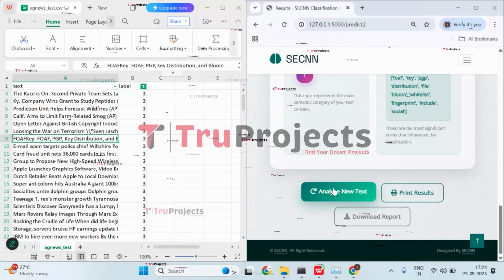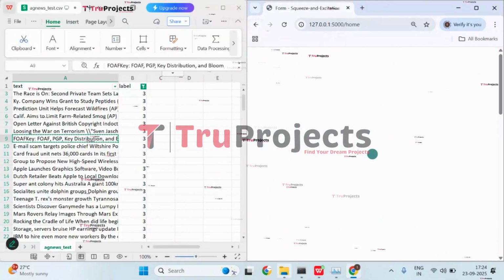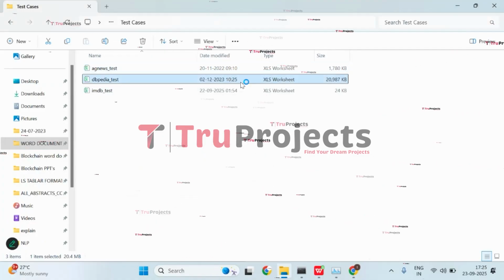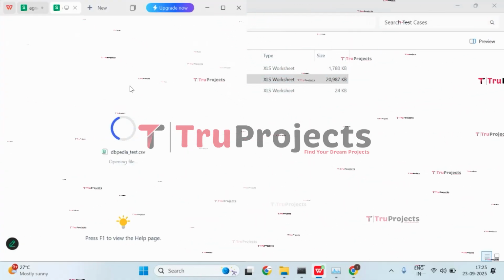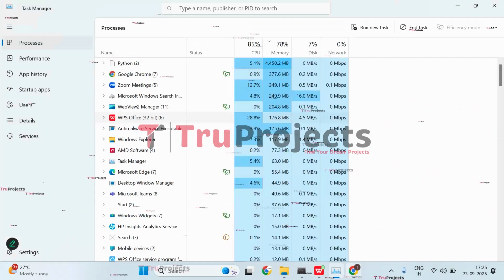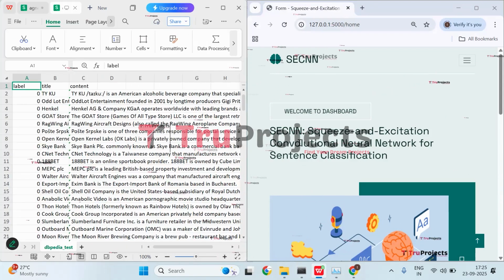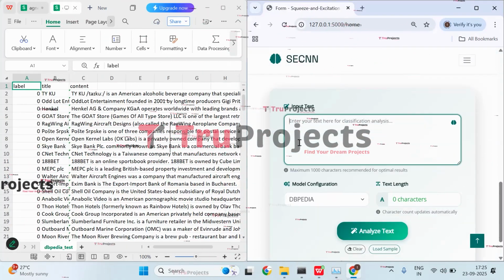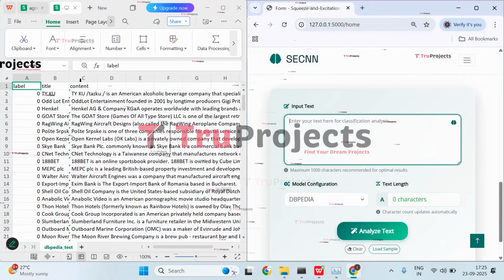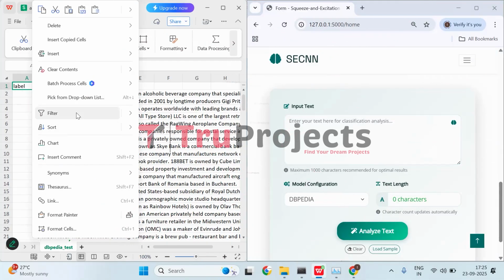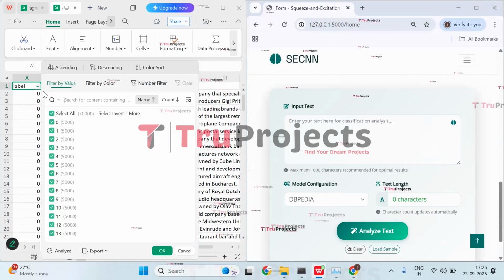Now let's try analyzing new text. Let's open the other dataset. Let's try with this one. So here we need to give the input text. Let's apply the filter to the label column.